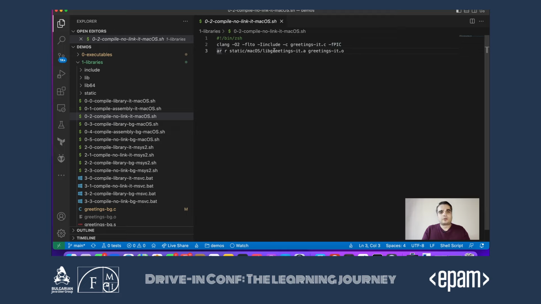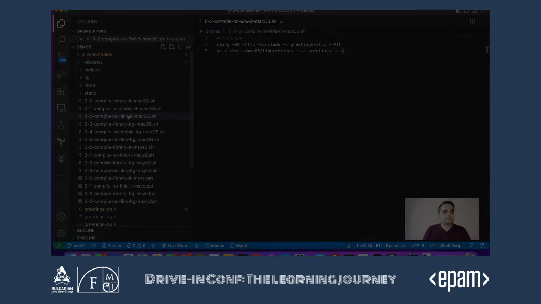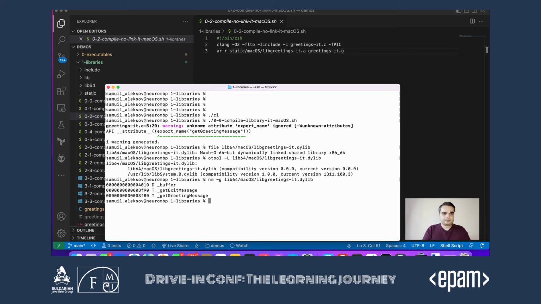With that, we then create an archive of the object file, and we put it in a different folder than our shared one. If a shared library and a static library are in the same folder, when you try to link to them, most compilers will generally prefer the shared library. So let's go ahead and do that.